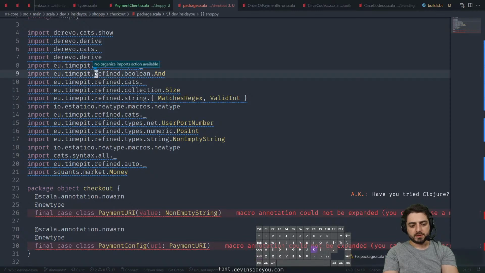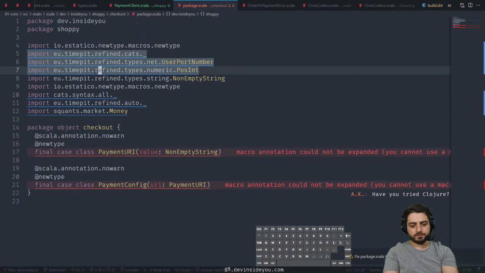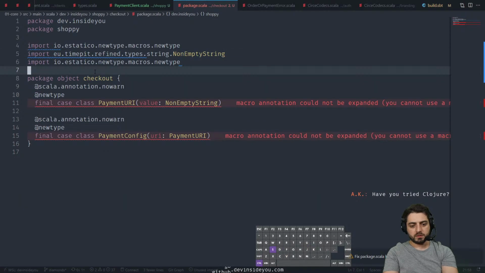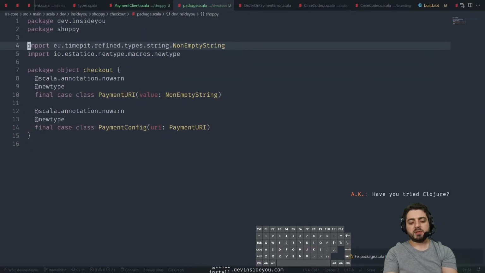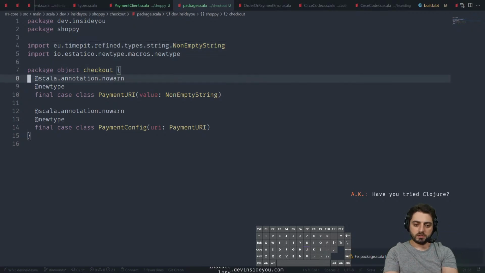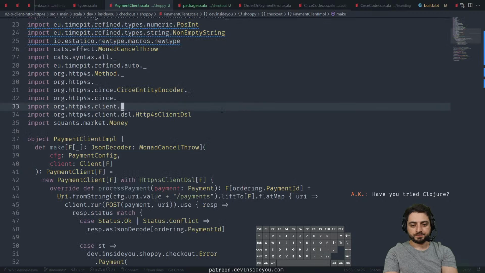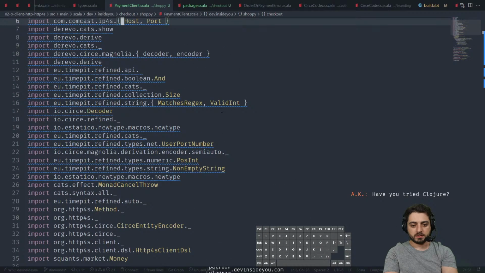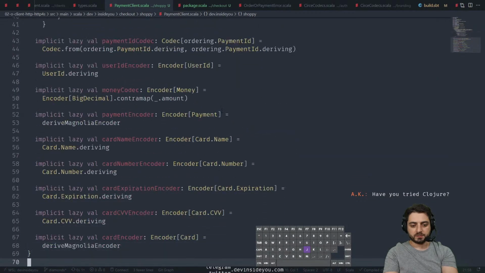Okay, now this is starting to be weird. It's because we had the new type import twice. Are you kidding me? Jesus. Wow, do we really need so much? Anyways,